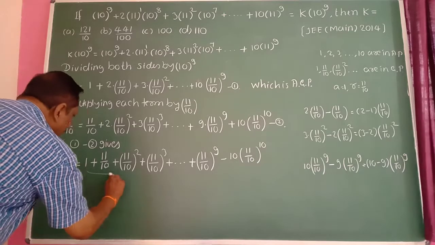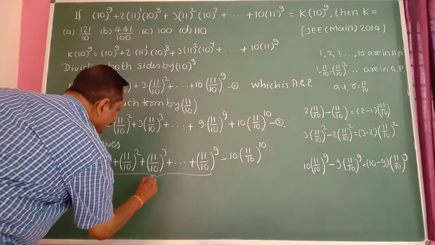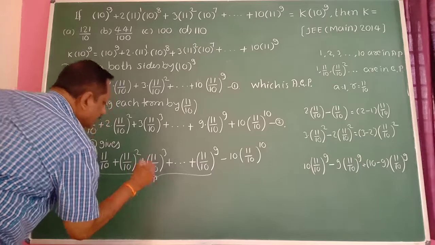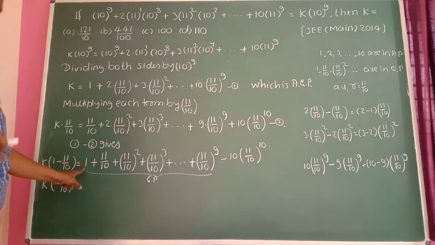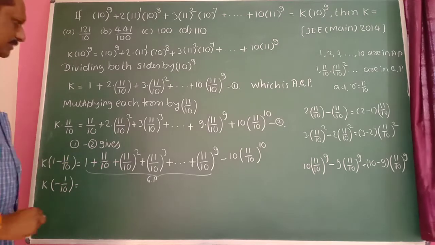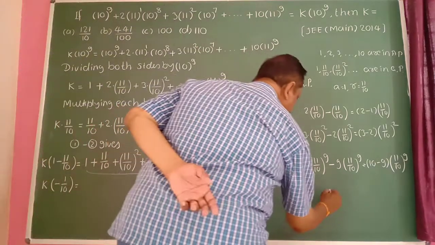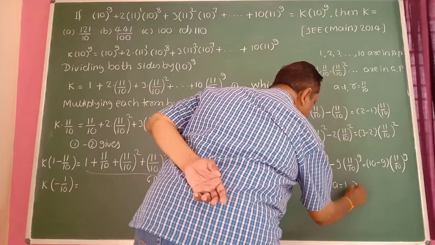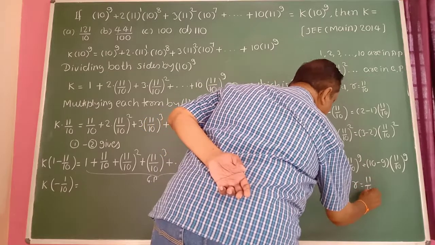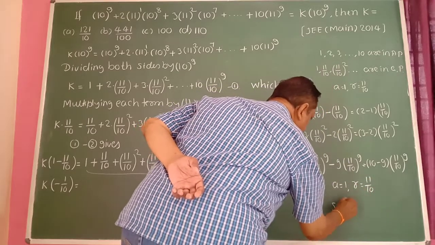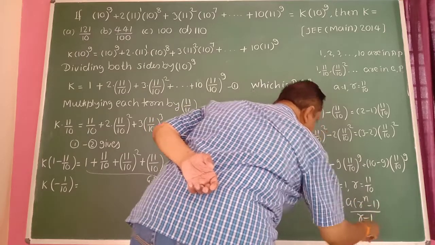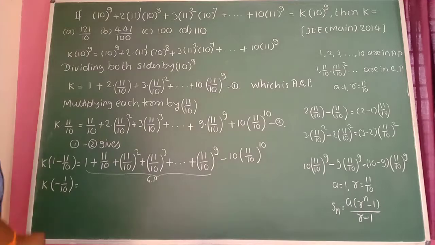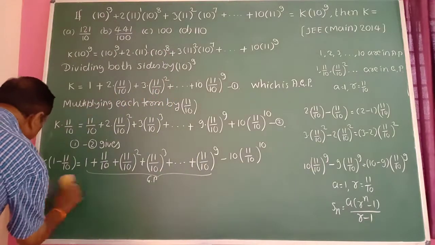Here these terms are in GP. The terms are in GP. First term is 1, common ratio is 11 by 10. Therefore, here a is equal to 1. Common ratio is 11 by 10. The formula is a into r raised to n minus 1 divided by r minus 1. Use that formula here. Therefore, I am writing here k into